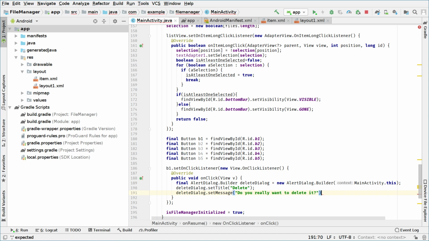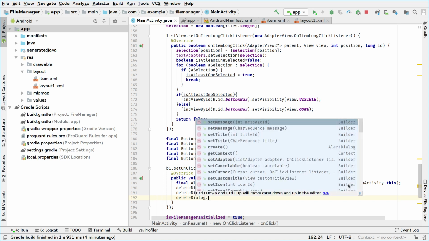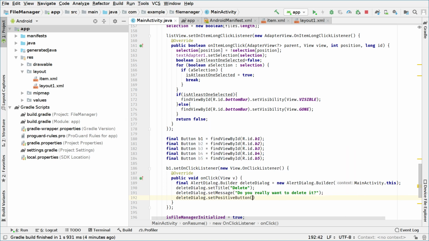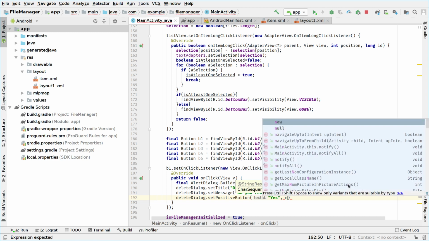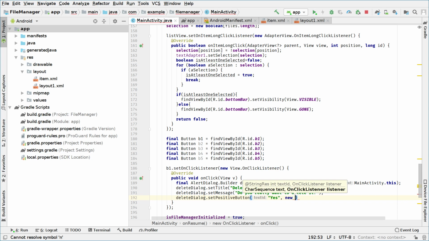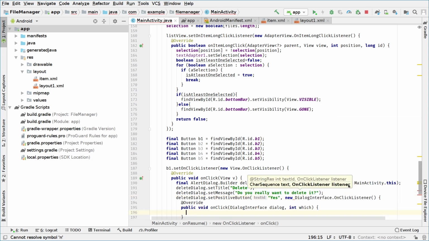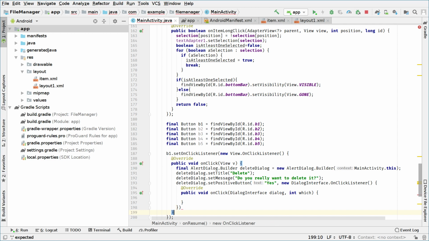We end this with a semicolon and we say deleteDialog.setPositiveButton, and we will say what we want the positive button to say. For example, in this case we want to say yes if the user wants to delete it. And here we create a new DialogInterface.OnClickListener. So new DialogInterface.OnClickListener, as you can see. And of course, don't forget to end this with a semicolon. Okay, so when this is clicked,